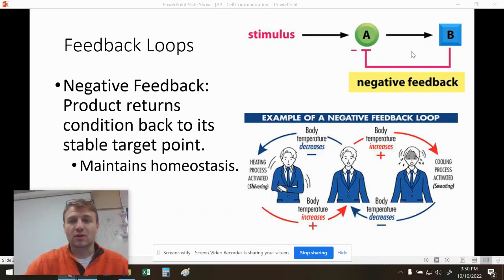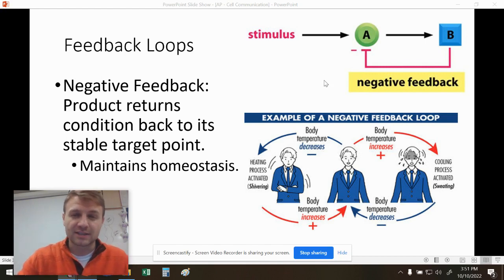Negative feedback loop. This is where A is going to be stopped by B. So you can see here the product returns the condition back to its stable point. A produces B, B stops A, so A stops producing B. A great example of a negative feedback loop is your body temperature. When you get too hot, you're going to start to sweat, which cools you off. So again, it's going to stop that process. When you cool off, it's going to stop that process of sweating. Or when you get too cold, you're going to shiver, which increases your heat, which then stops that